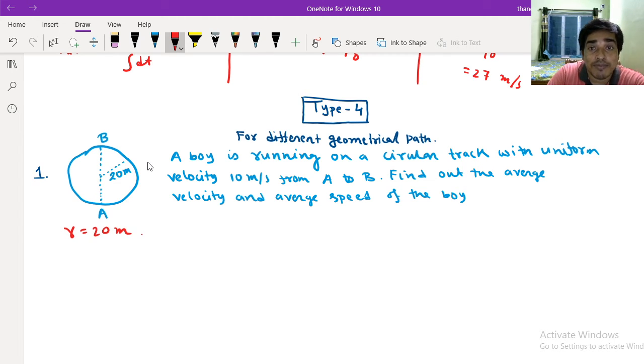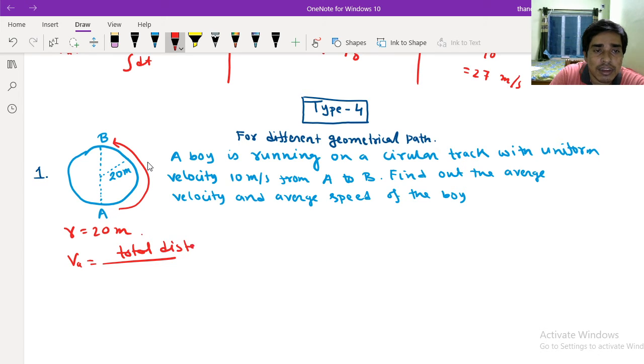A boy is running on a circular track with uniform velocity 10 meter per second from A to B. In this case, when this boy goes from A to B, the average speed equals total